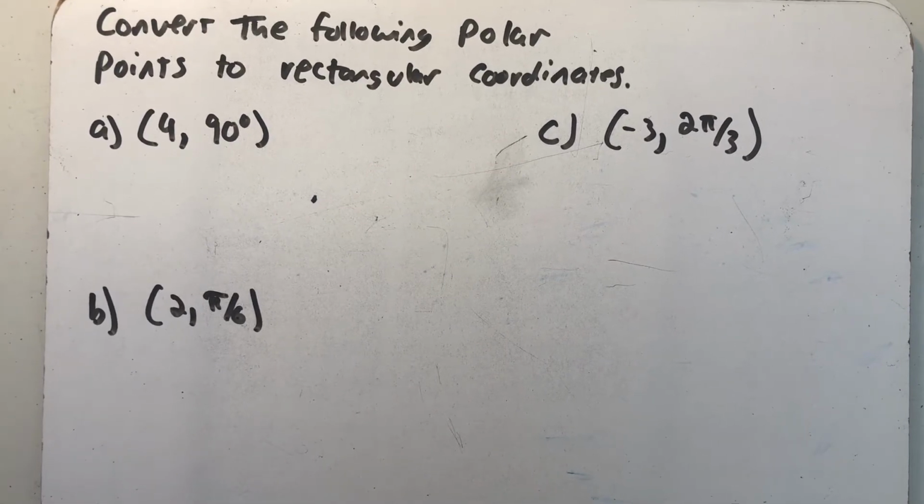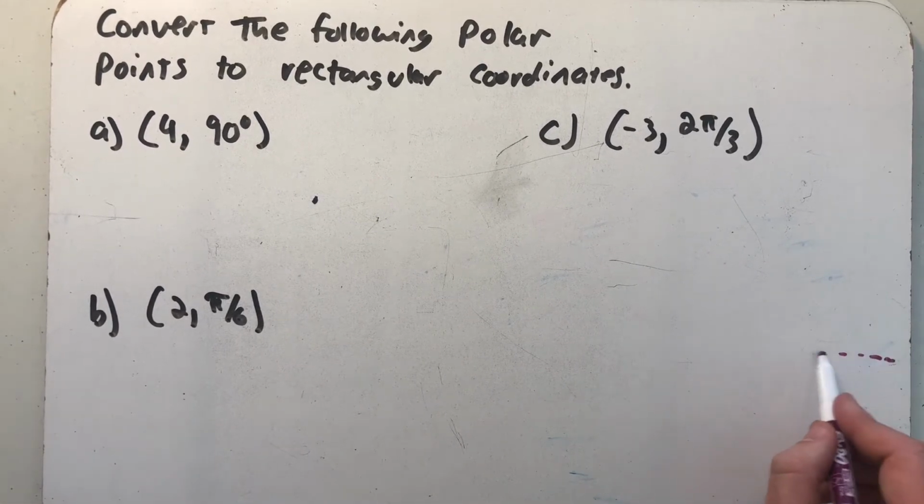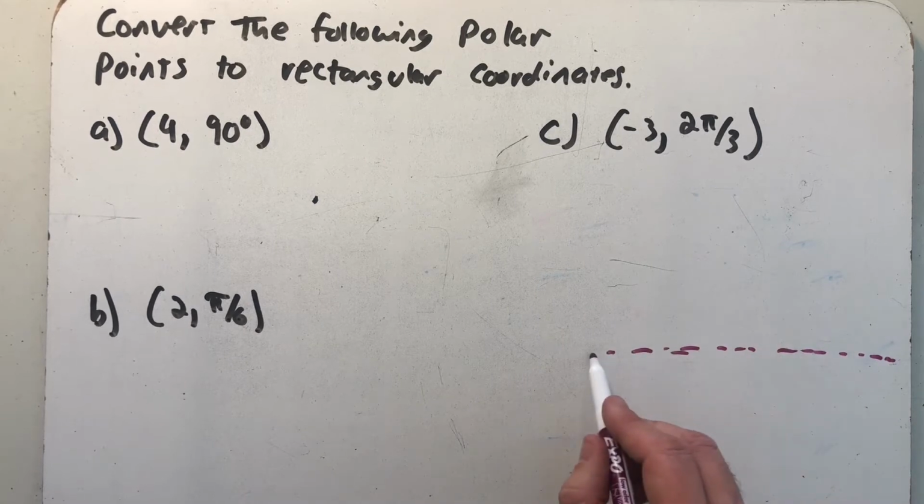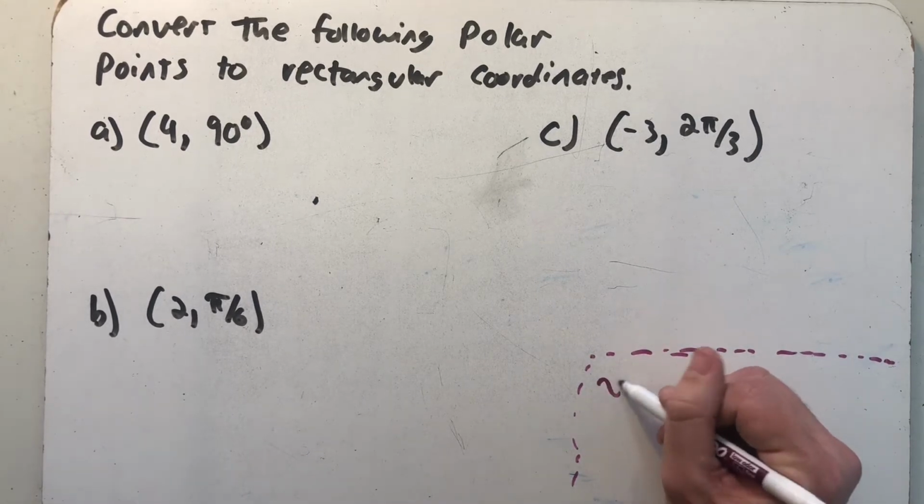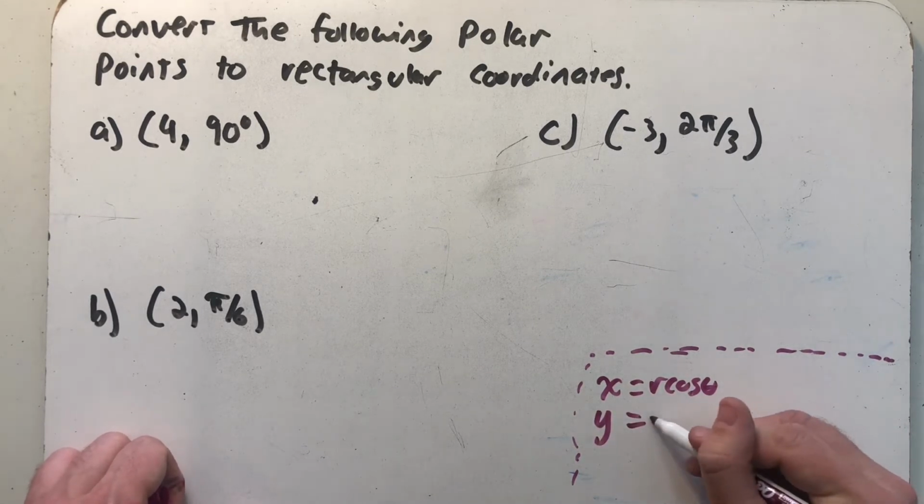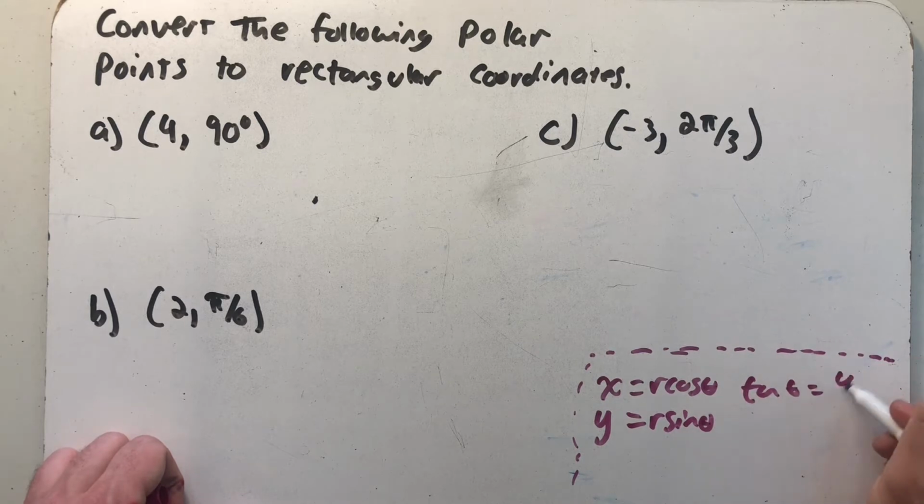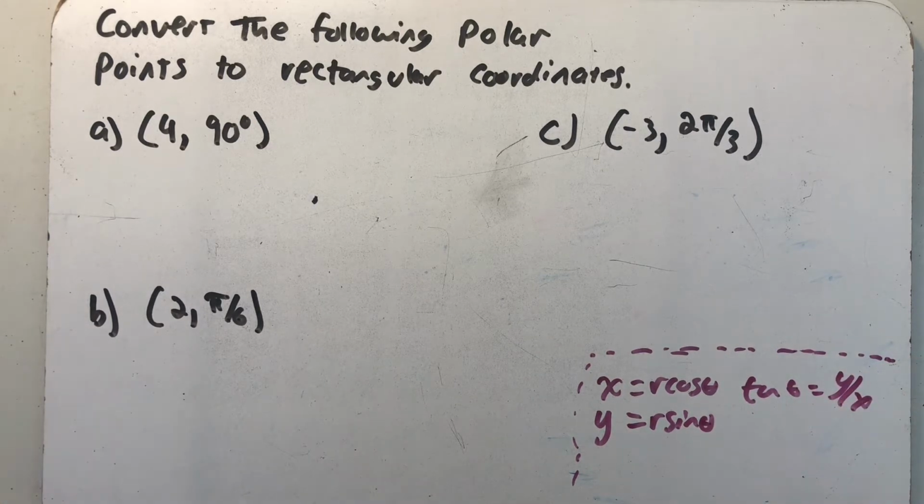Convert the following polar points to rectangular coordinates. All right, well again, let's start by thinking about the relationships that we know that relate polar and rectangular coordinates. x is r cosine theta, y is r sine theta, tangent of theta is y over x, and all I've really done at this point is written down the definitions